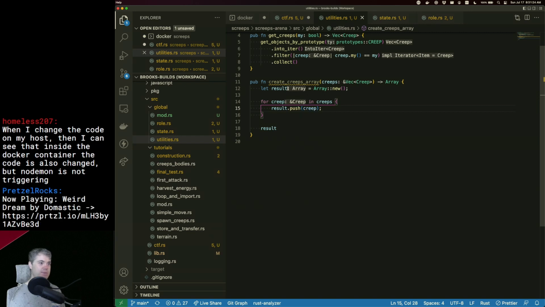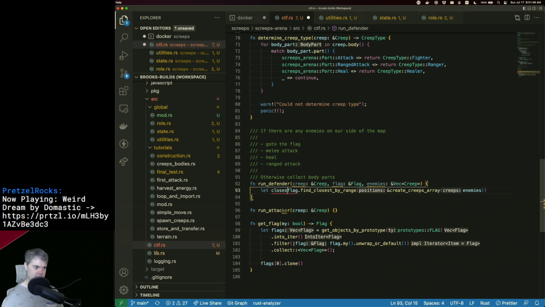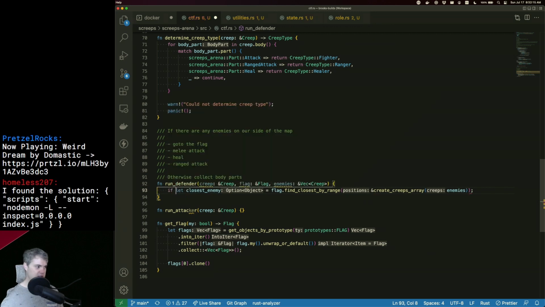Okay, so now I can do this create Screeps array inside of here. So this is going to be create Screeps array, pass it in these creeps. Oh, pass it in the enemies. Okay, so this gives me an option of an object. Well, I suppose that makes sense, right? Because if I don't have any more enemies, then this will be empty, essentially, and there won't be one to get. So what I probably want to do is an if let here. If let